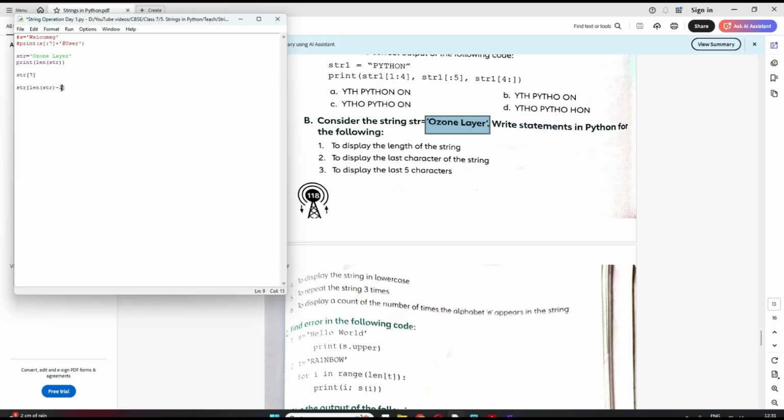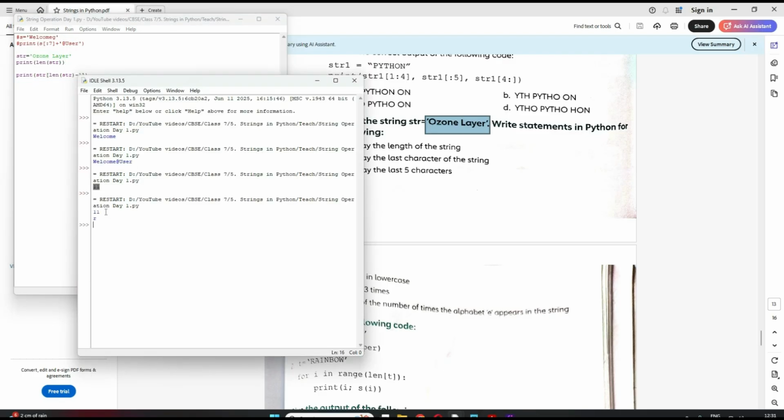So this is my index number, length minus 1, and I am fetching it this way. Clear? And then I have to print this. So it will be print within bracket. Sorry. So let us see.